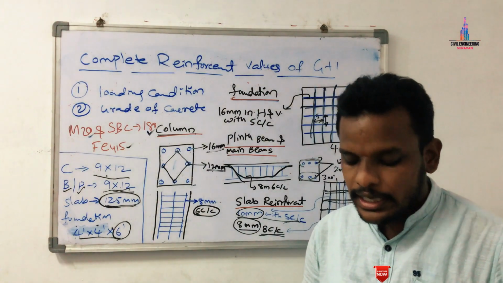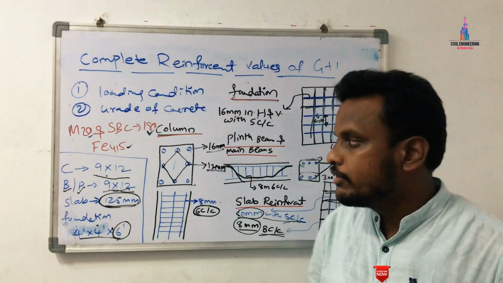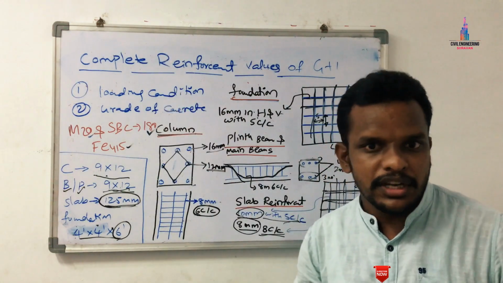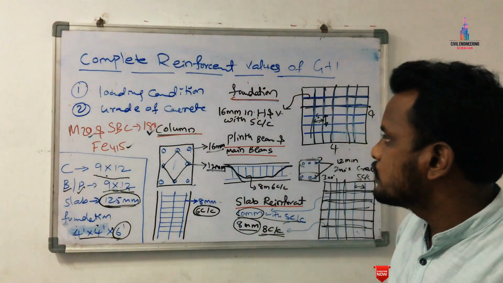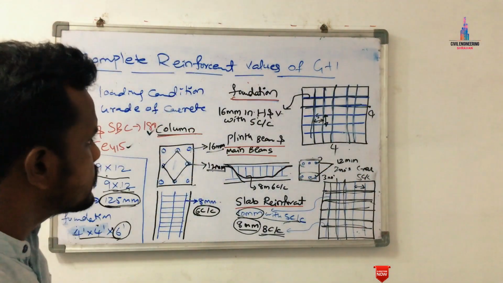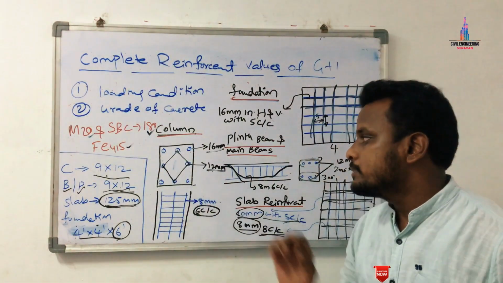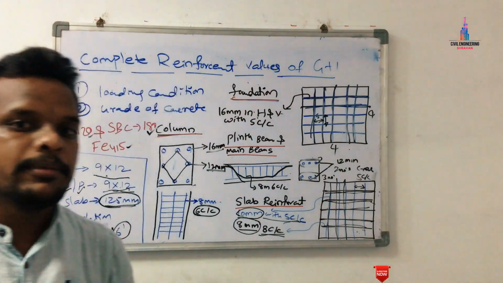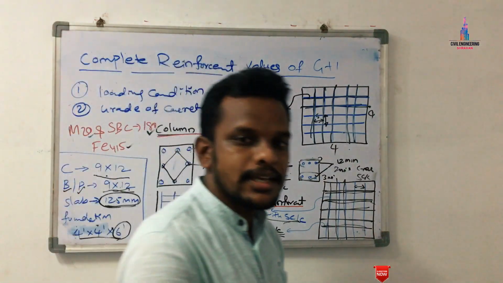So if you want to construct any building of M20 grade concrete, with soil bearing capacity of 180, we will consider these respective reinforcement values. These are the two factors which the reinforcement values of your building depend upon. The foundation reinforcement consists of 16 mm bars in horizontal position and 16 mm bars in vertical position. The center to center distance between each bar we will consider here as 5 center to center distance. For the column section, we will use 8 bars, with 16 mm at the corner section and 12 mm at the center section. And we will consider stirrups of 8 mm bars at 6 center to center distance.